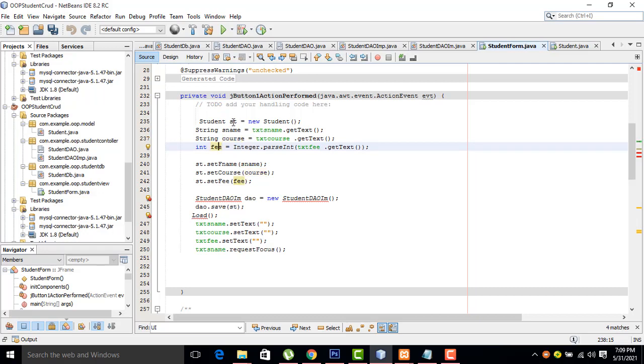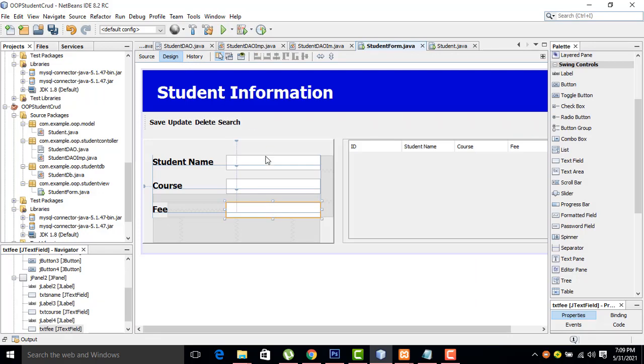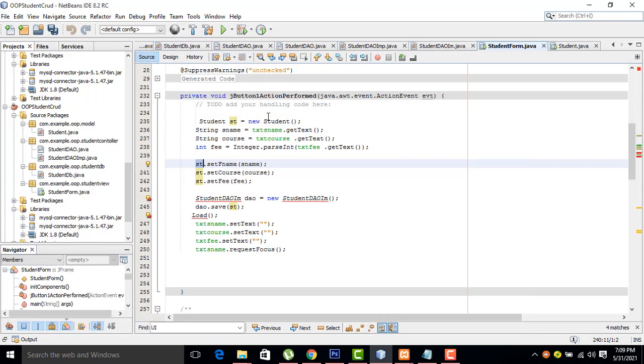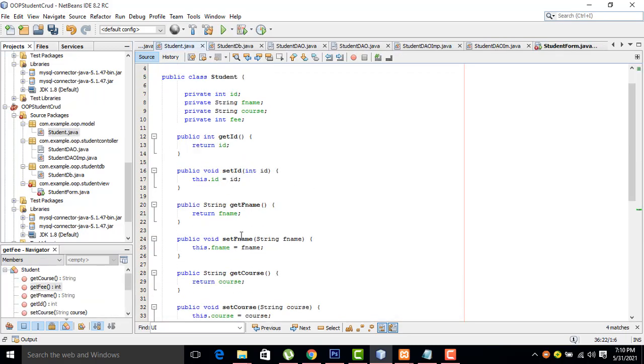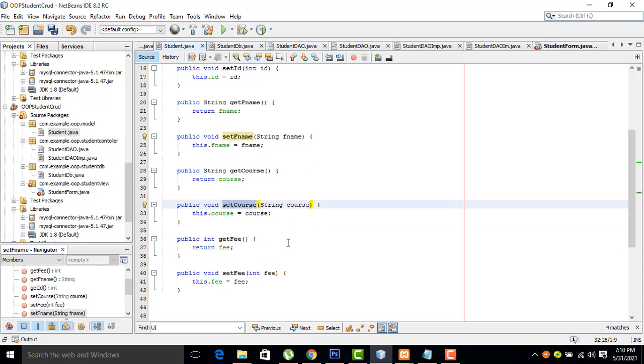After that, this is the student class object we have created. When you type in these text boxes, the text is assigned to this particular variable, and the data is what we are passing here. With the student class object, we use the set methods. In the student class we have methods called set name, set course, set fee.